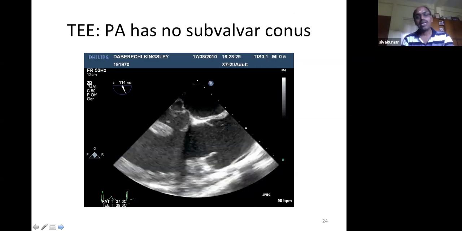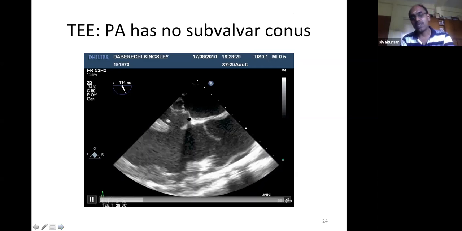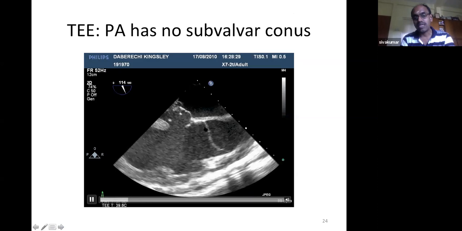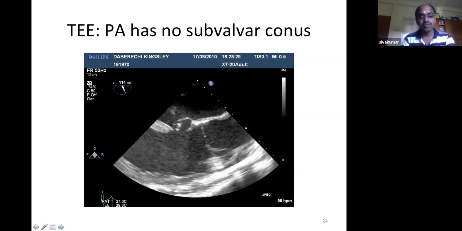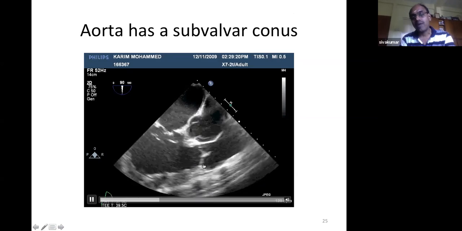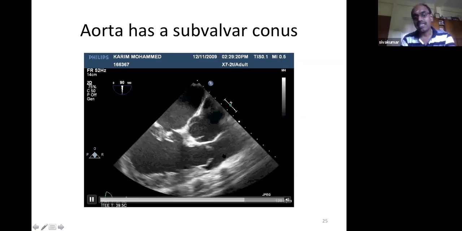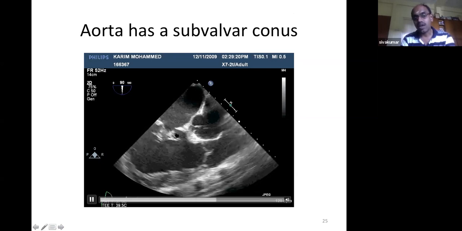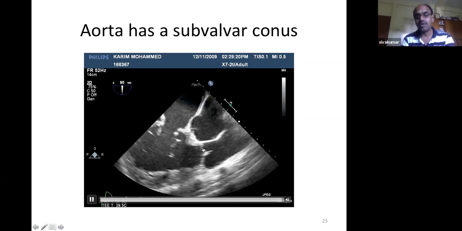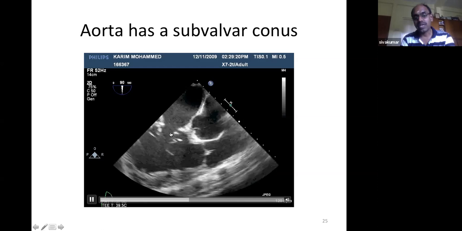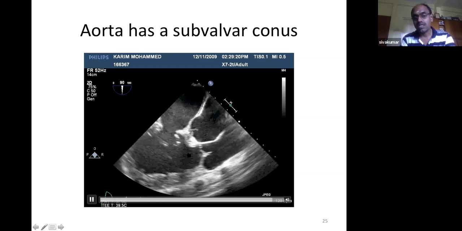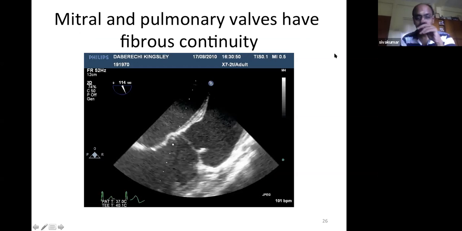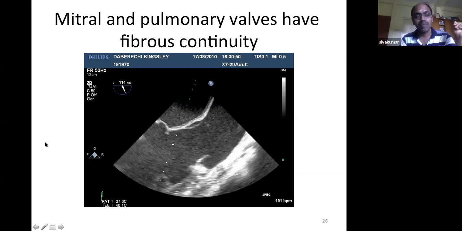On a transesophageal echocardiogram, you can again appreciate the mitral pulmonary fibrous continuity. So this is the mitral pulmonary fibrous continuity, and the aorta is far away. The aorta is anterior and it is far away. So this is the tricuspid valve, and from the tricuspid valve, this is the long subaortic conus, and this is the aortic valve. So this is the left atrium, tricuspid valve, right ventricle, subaortic conus, and aorta. The pulmonary artery is posterior. So again, this is to show the mitral pulmonary fibrous continuity.